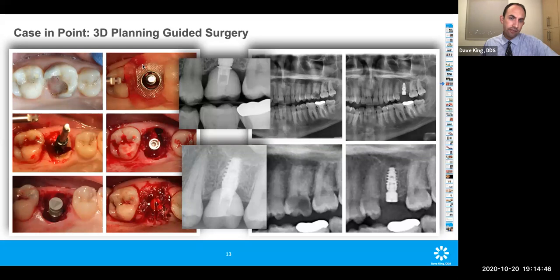So this is a surgical guide with the implant drill in place, and you can see a different angle of the implant drill here in place. So what I did is I decoronated the tooth. I cut the crown off the tooth. These are still roots in place right here. We decoronated the tooth, drilled the pilot hole all the way to full size. Then I removed those roots, placed the implant down in between where the roots were,